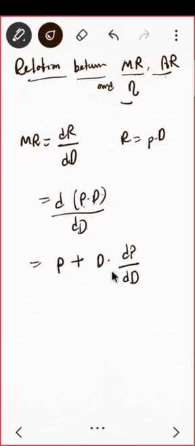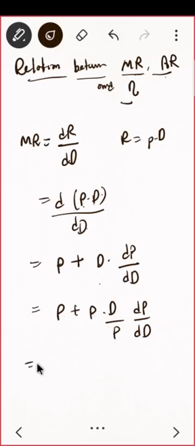So let us do one thing. Now I just want to introduce elasticity. This looks like elasticity if I'm having p in the denominator. So can I write it like this? P plus, multiplying p on both sides, p into d upon p, and this is dp by dd. Now you see, can I take my p outside? If I take p outside, I'll be having 1 plus d by p into dp by dd, correct?